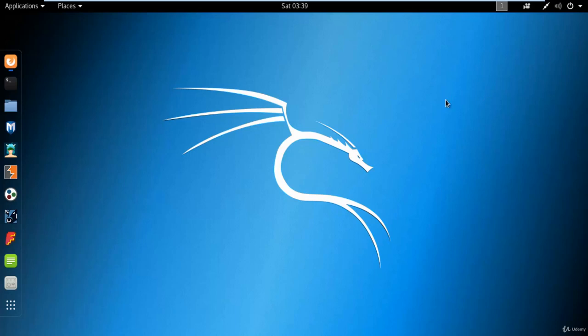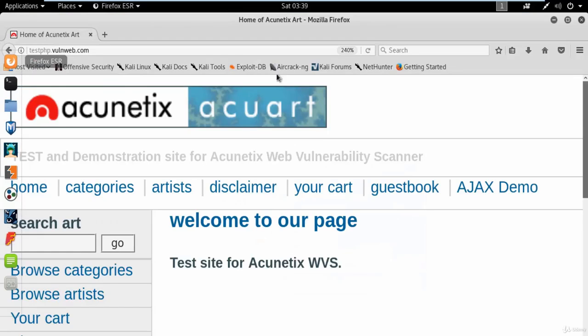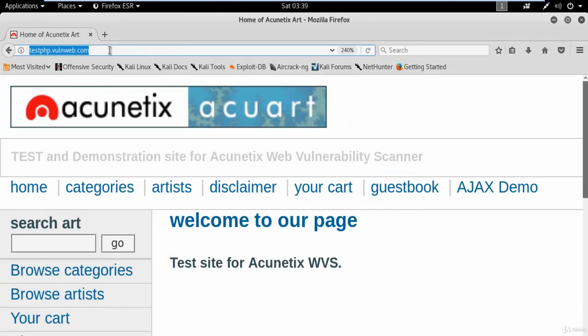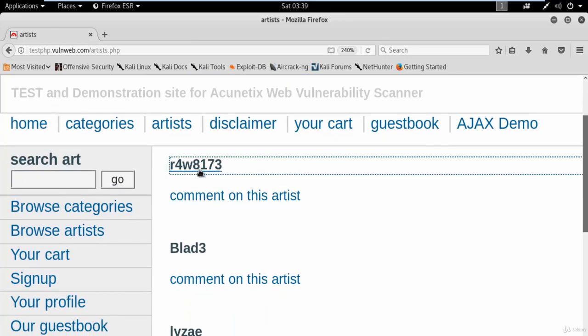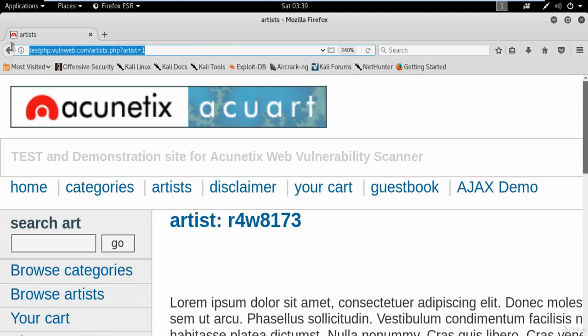To do that, you can see that we already have our sample website, which is testphp.vulnweb.com, and obviously we will try to attack this website. First of all, we need a simple link of this website, right? To get a link, we can simply click on artists. I'm showing you how you can get a link. So click on artists and click on the first link. So you get a link automatically,